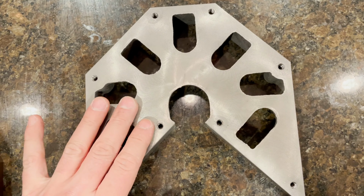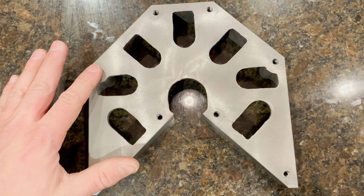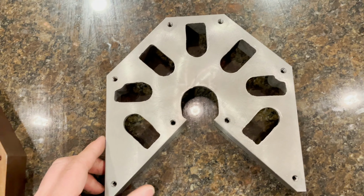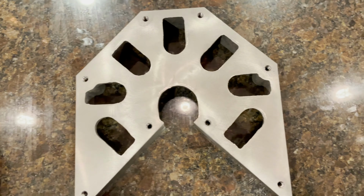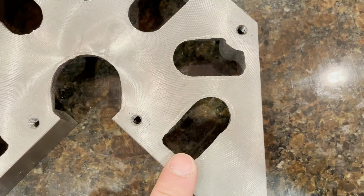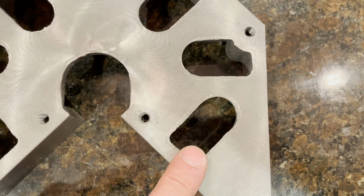Overall, you can see the machining marks. This is machined flat. It's got a bunch of inserts here. It comes with clamps so you can hold things flat as this front reference surface. That's really nice. One thing I will point out, these casting marks, this is the surface cast openings for the